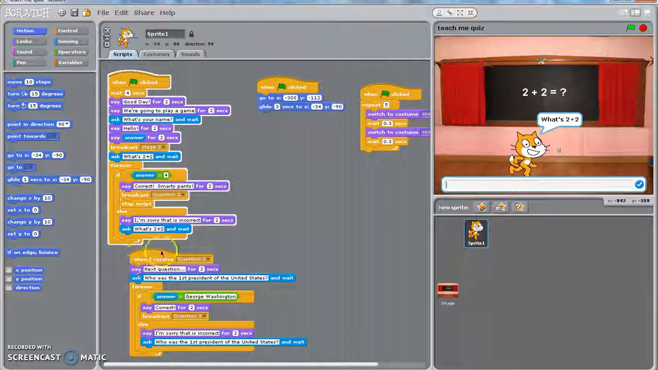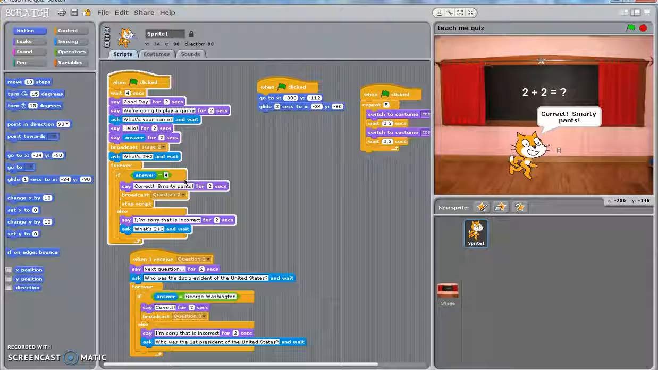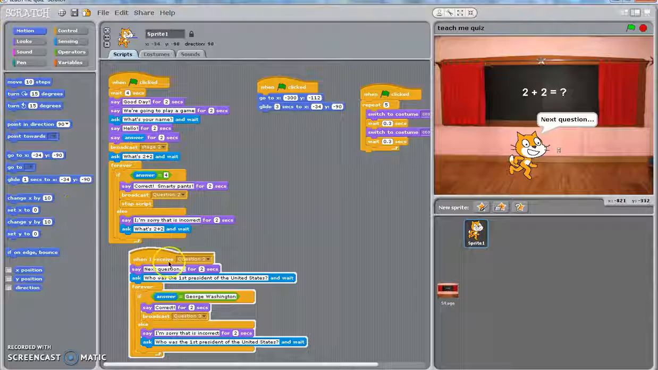So this is what that set of code is implying. It says if the answer was 4, say the answer is correct, and go to the next question. If the answer is not 4, it'll ask that question again. So it'll be stuck in this loop until you answer that the question is 4. Once I answer the question correctly, it tells me that I'm smart and it moves on to the next set